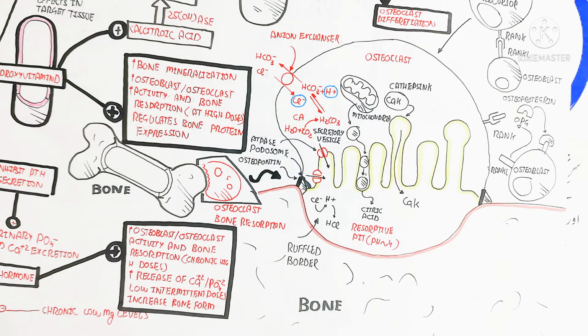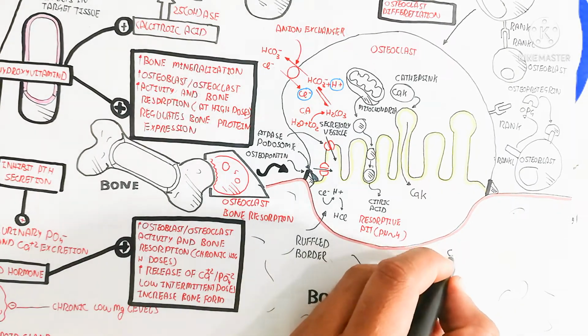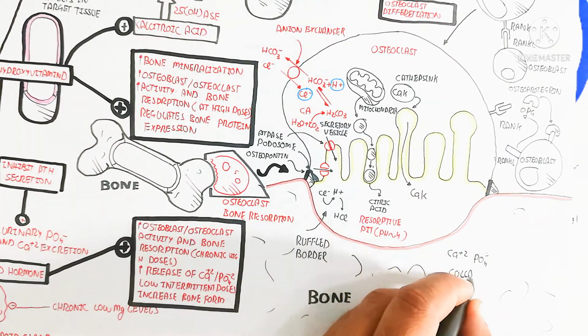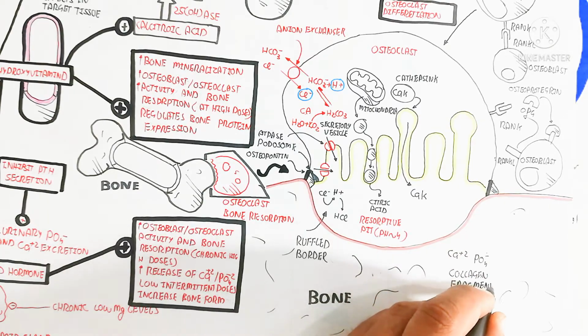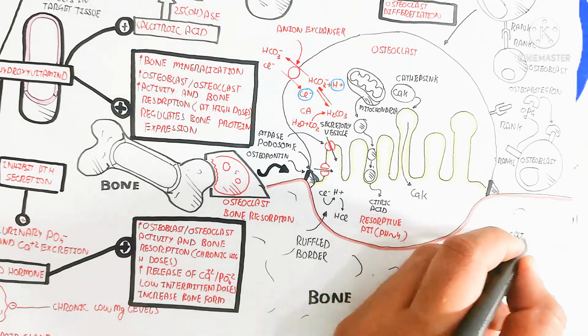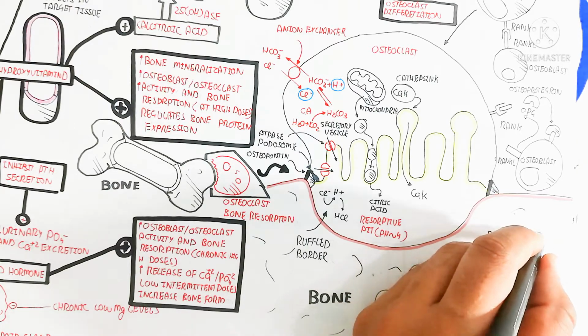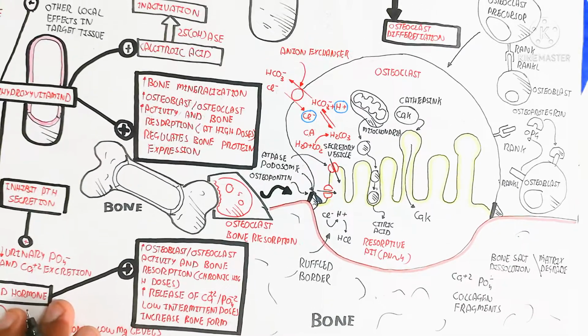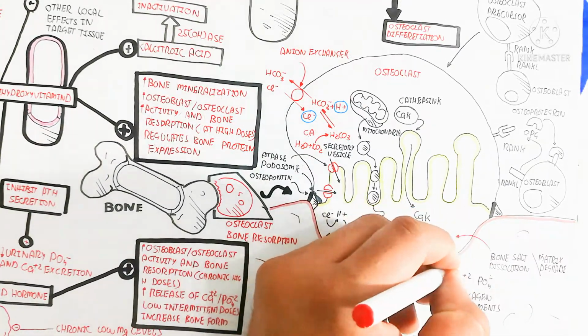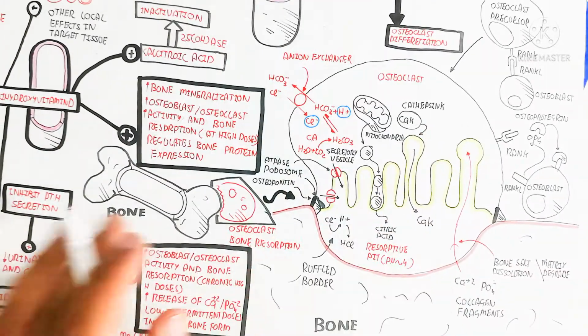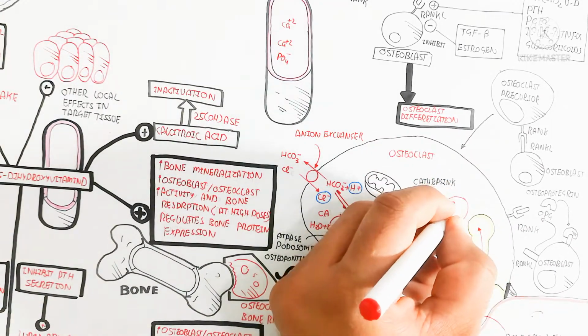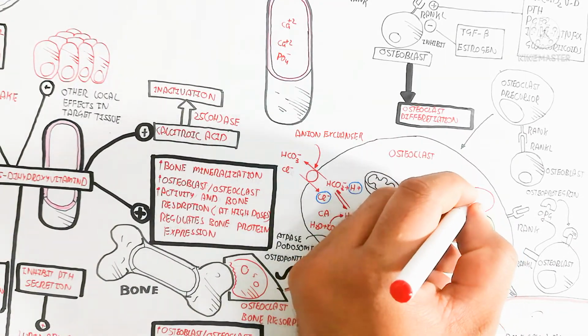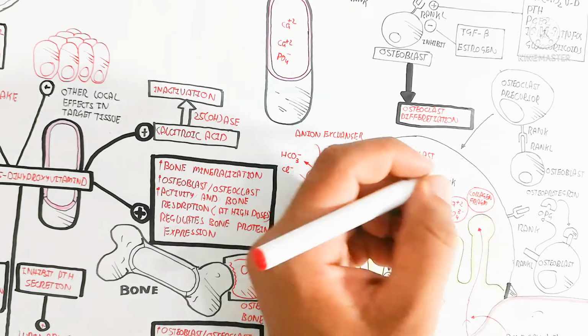So cathepsin K as well as the secretory vesicle from the mitochondria, and chloride and proton, will move inside to form hydrochloric acid and citric acid. Citric acid comes from the mitochondria through the Krebs cycle. Cathepsin K moves inside also for the resorption of the bone. Here the bone salt dissolution and matrix degradation will occur, and the calcium and phosphate will be released through a phosphatase enzyme also.